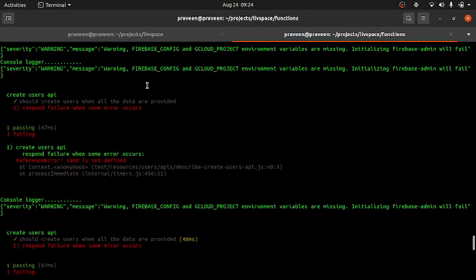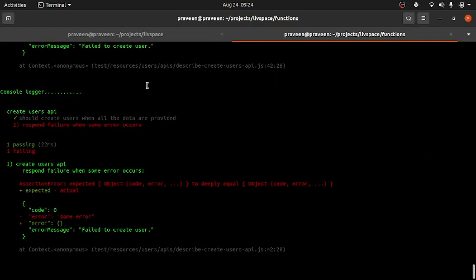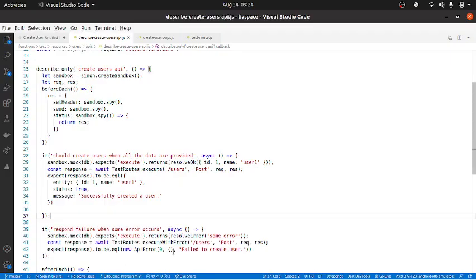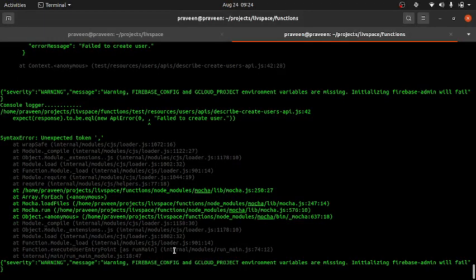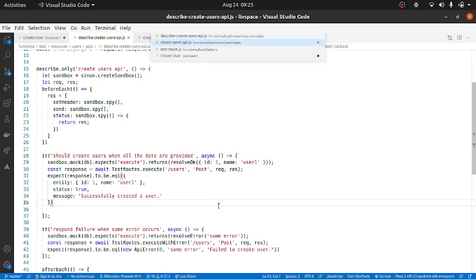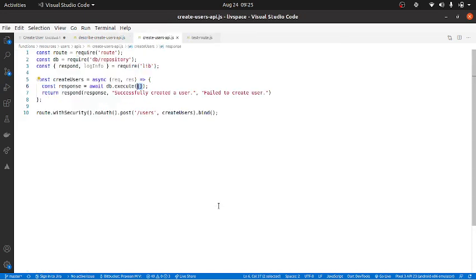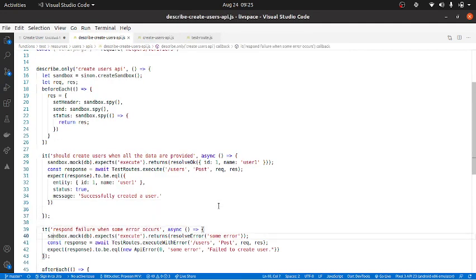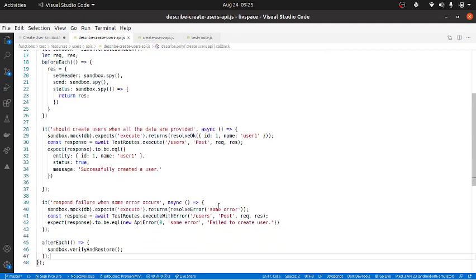And let's see what is the error that we are getting right now. So more or less everything was proper, only thing is the error message was the problem. So here, since we are expecting some error, we'll give here some error. And now both the test cases should pass ideally. Okay, awesome. Now both the test cases passed. Till now obviously we have not completed the API, but it is getting into a shape, right? So obviously all the logic is not completed. So let us go and fix these things in order to handle all the scenarios.